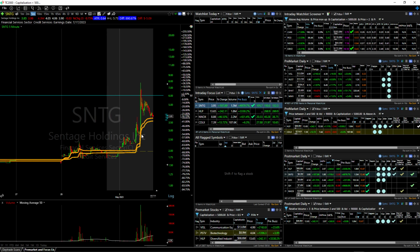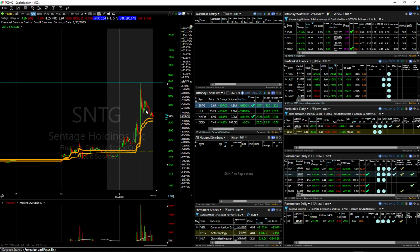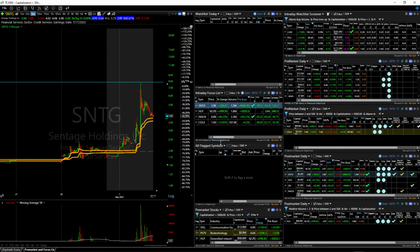Let's go ahead and, yep, 2-day high. Looks good on the daily, looks good on the higher time frame. It's got up as far as $8 or $9, so we'll see if it can target that level in the regular session. So already 4 names on the list. I generally like to provide at least 6 symbols on this list. Let's go to